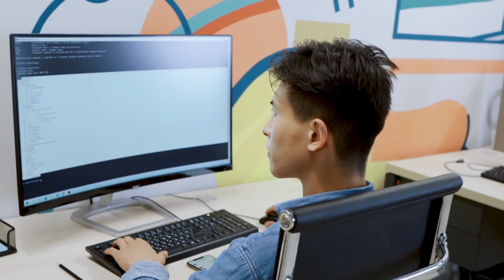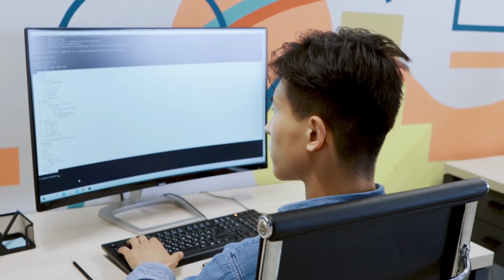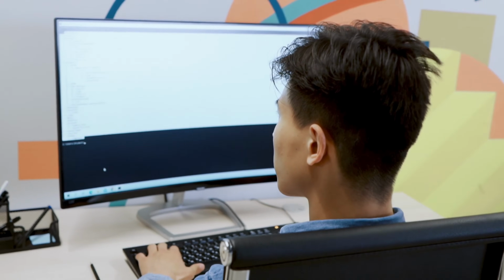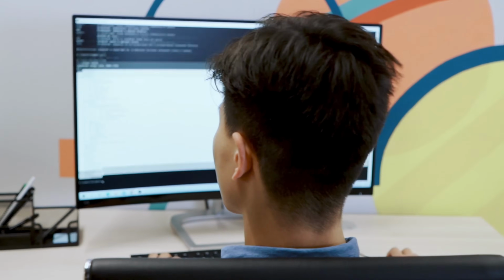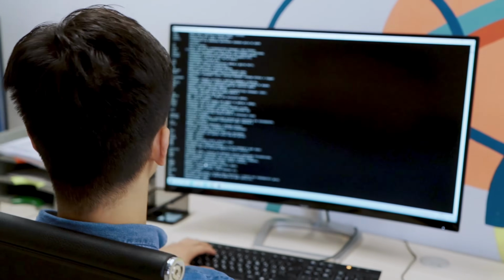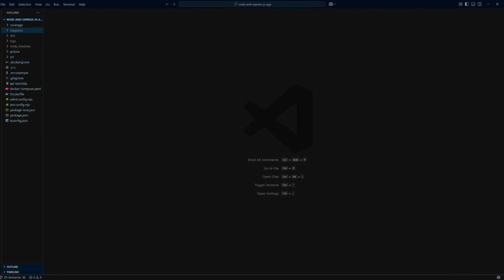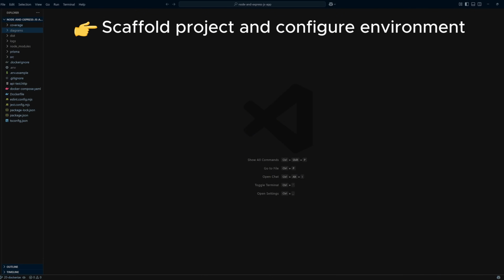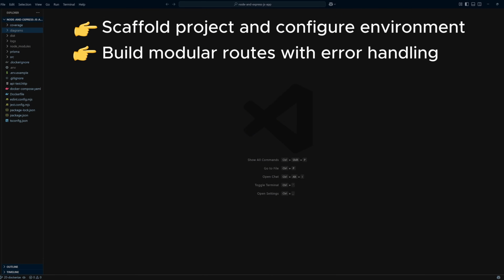Are you ready to learn how to build a fully featured, production-ready REST API with Node.js and Express? In this course, we'll take you from the absolute basics to advanced patterns used in real-world applications. We'll start by scaffolding the project and configuring environment variables, then walk step by step through building modular routes, adding